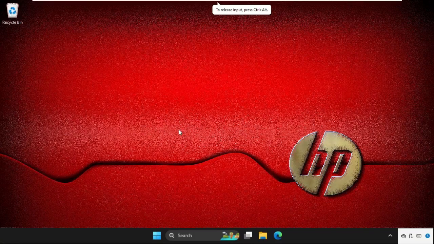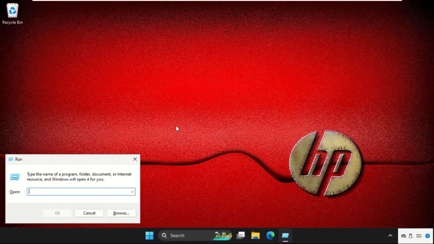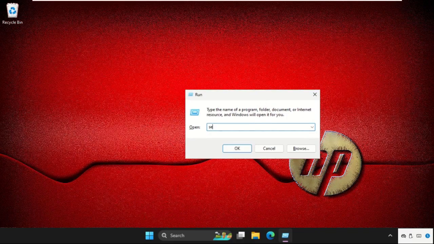Hey guys, I will show you how to fix this problem on Windows 11 system. In the first step, we need to press Windows key plus R key together to open Run. Then type here